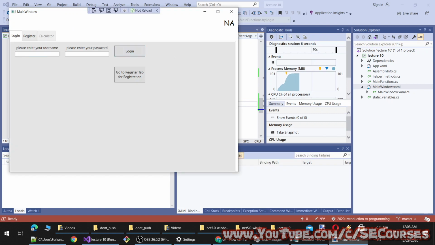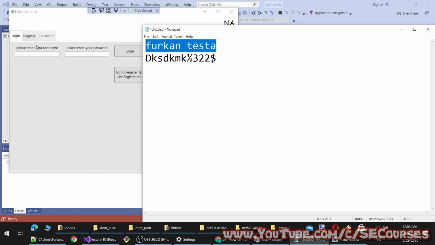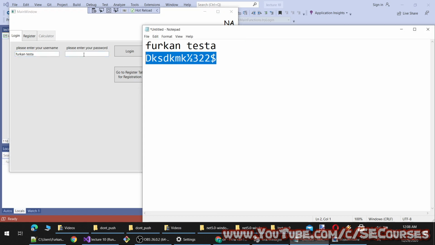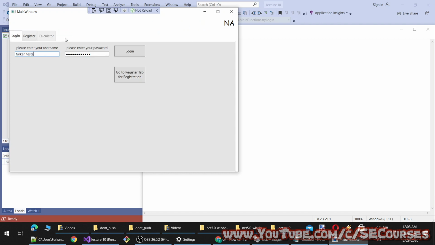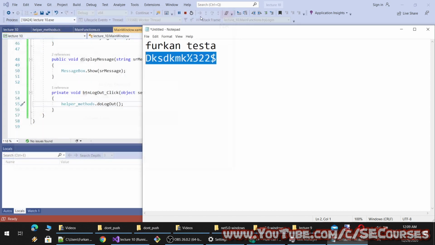Okay, let's log in. You see, correct password and username entered, logout button appears. It is a bit different than the other tabs because it is a button. When I click it, you see we have logged out and returned back to the old view. All right, it is working as expected.